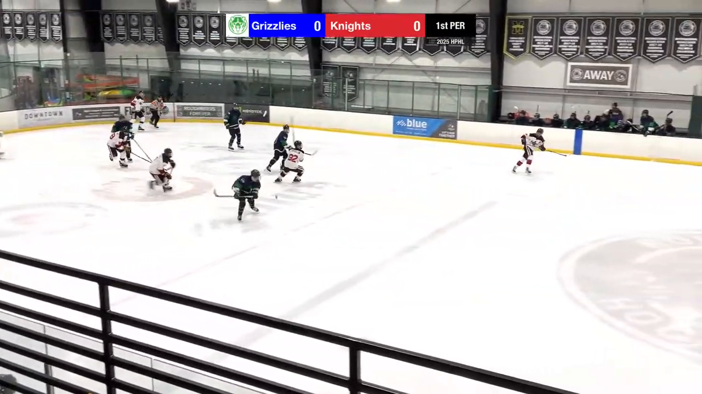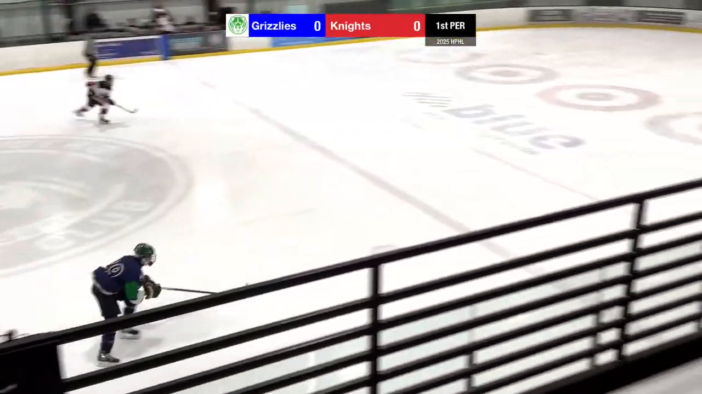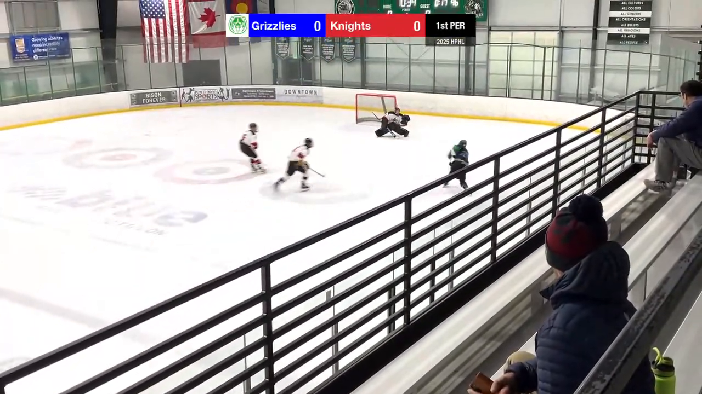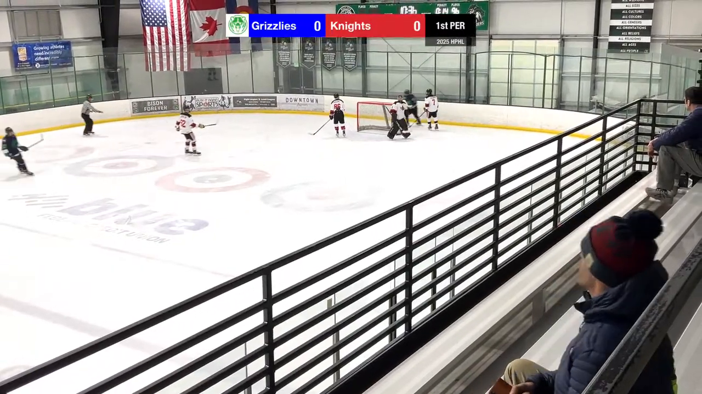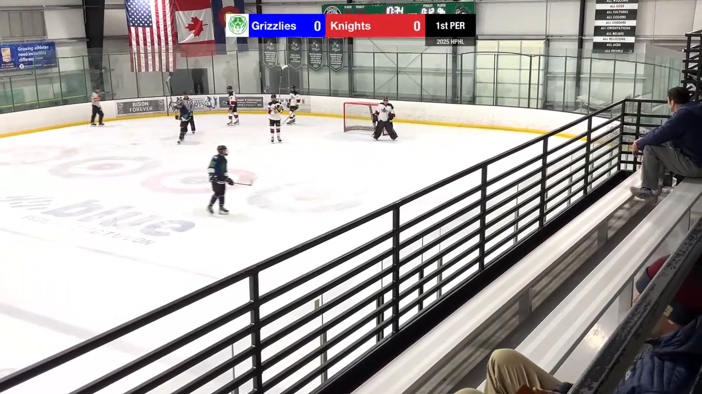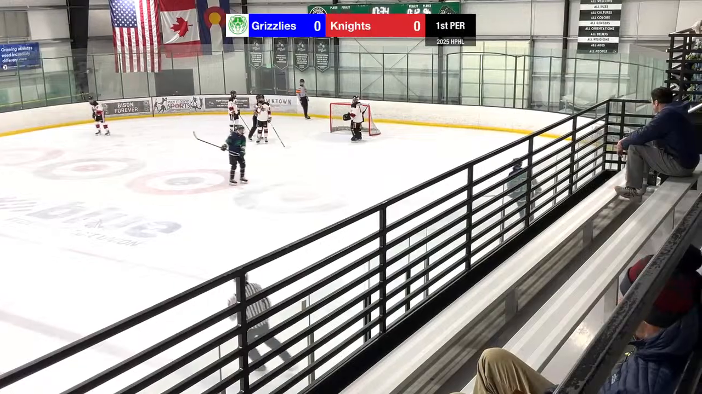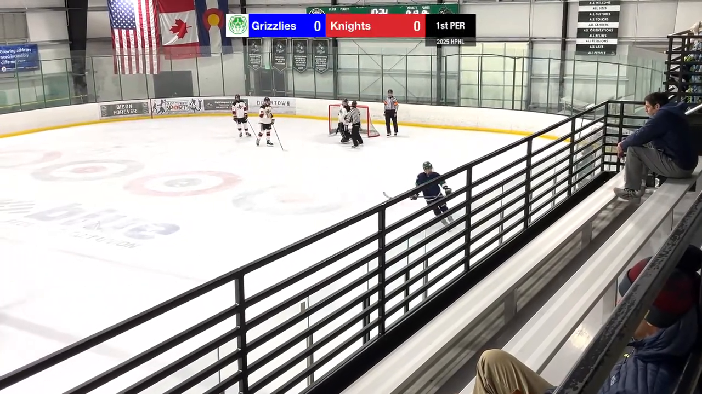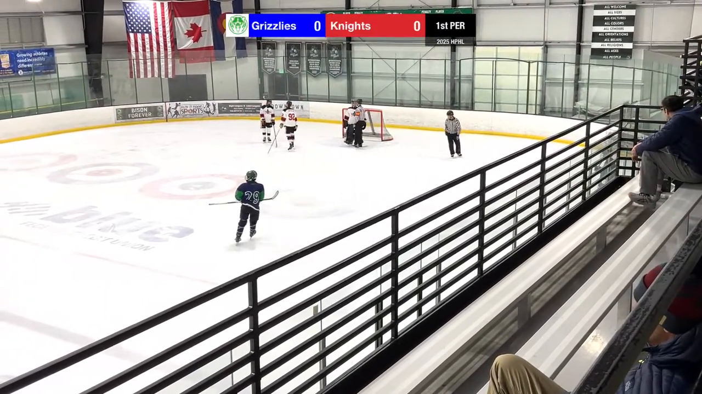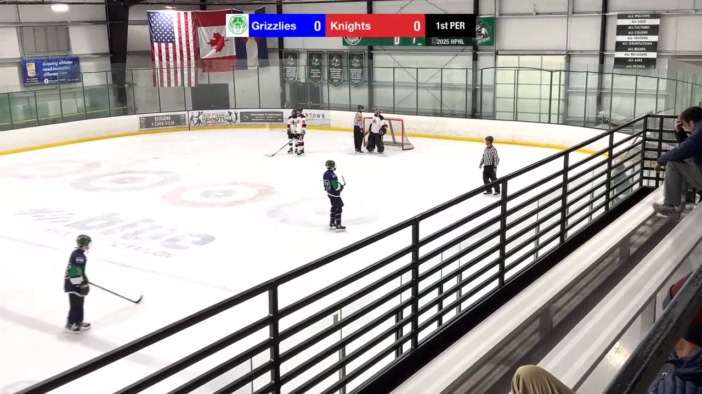Here, Keegan. Keegan flips that over to Perez. Perez has got some speed. Perez fans on that shot, into the goalie's glove. Frozen there. So 12 seconds left on this penalty. Perez,